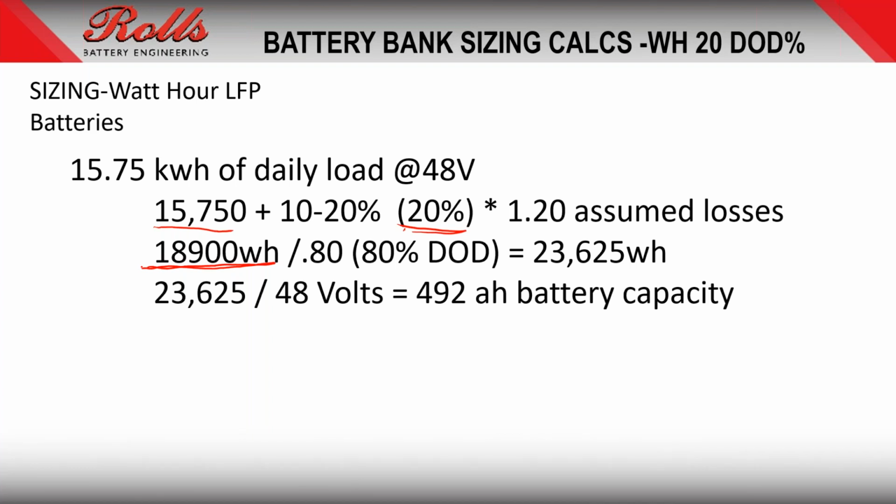On the lithiums, I typically size my lithiums at an 80% depth of discharge, not 100% depth of discharge. If you go to 100% depth of discharge, you'll see the cycle lives of the lithium batteries will drop. A lot of manufacturers won't tell you that, but when they do that 100% depth of discharge cycling, it will affect the cycle life, especially if the manufacturer hasn't padded their numbers. A lot of manufacturers do pad their numbers, but we're starting to see a lot of manufacturers not pad those numbers because those batteries are so expensive, so you need to take that into account. So to make that, I'm looking at a